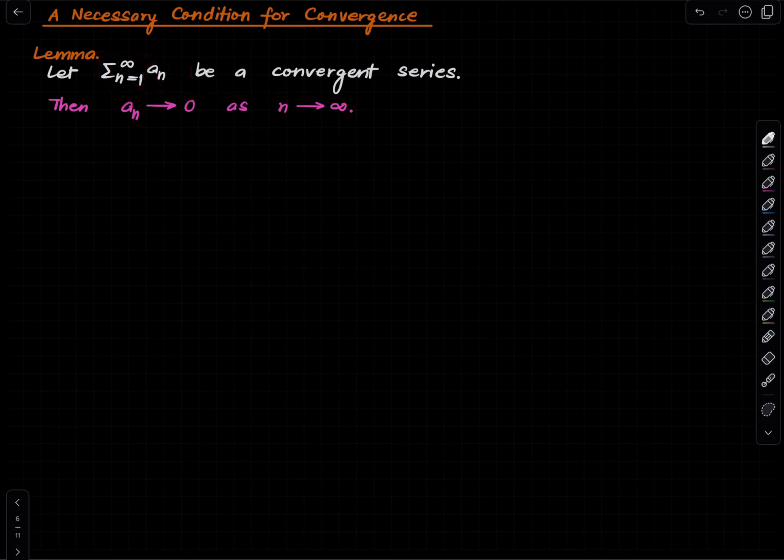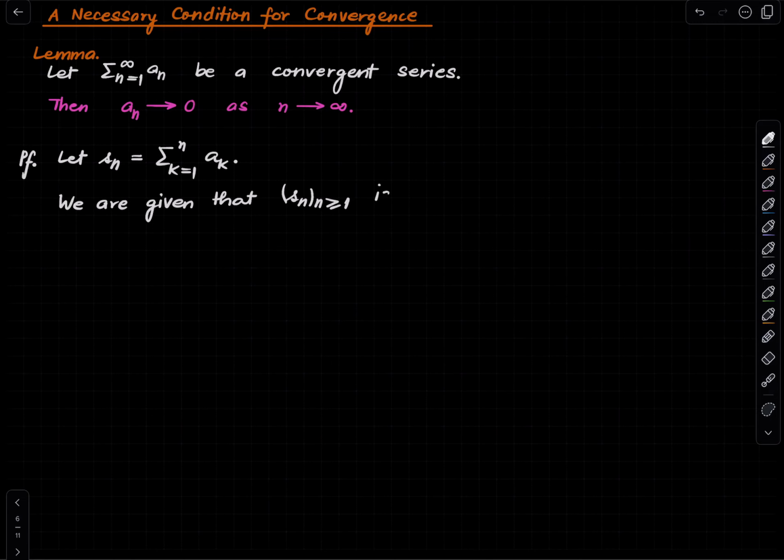Okay, enough talk. Let's prove this. Of course, you should pause the video and prove such things yourself. So it's very simple. Suppose, let me write s_n, or maybe little s_n, as the nth partial sum. We are given that this converges. This is a convergent sequence. That's exactly what is given. All right. Say the limit is S,